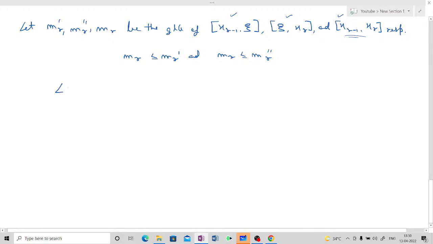Now if we subtract the lower sum of the function f with respect to the refinement partition with LFP, it is clearly visible that every single value of these two respective lower sums will cancel out except mr prime times xr minus 1,